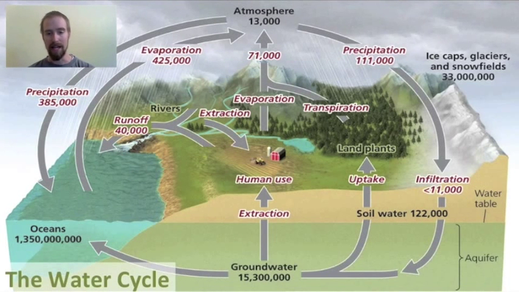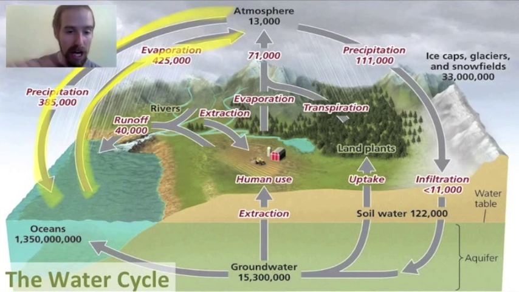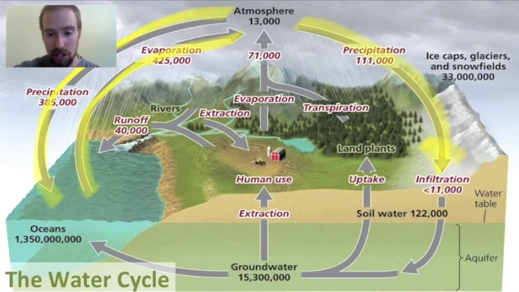So water evaporates, it turns from a liquid into a gas, and that takes water up into the atmosphere. When it condenses from a gas into a liquid or a solid, it precipitates back down to Earth as rain, snow, or hail, or something like that. Or it could precipitate back down onto ice fields and become something like a glacier.